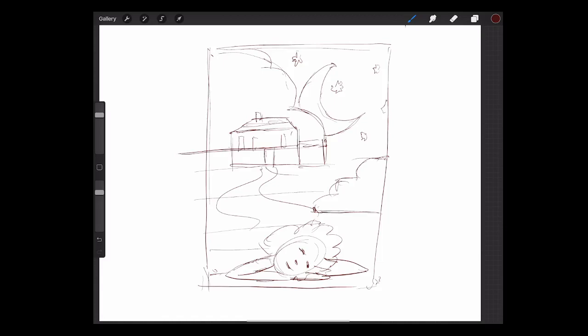So I have some layered elements here. I haven't really gone into the idea of color scheme. So there's one idea so far.